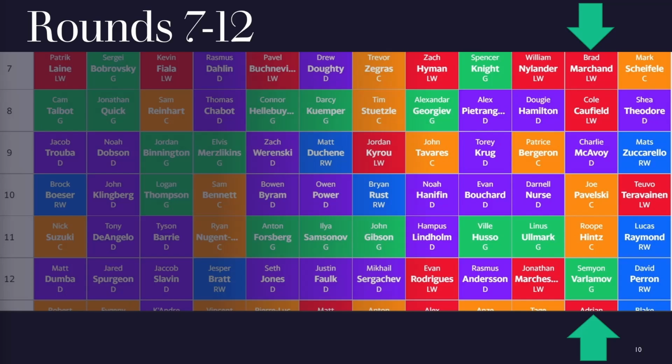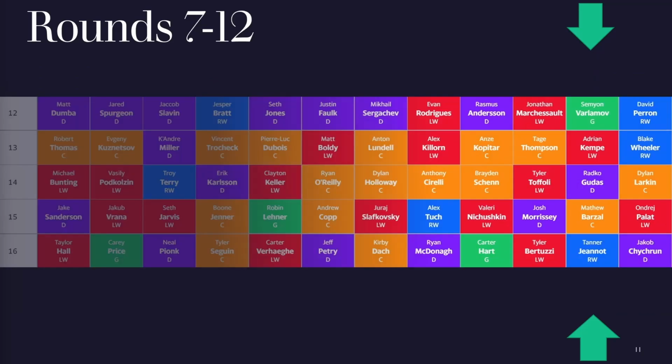So Varlamov in 2021 had a .929 save percentage and 7 shutouts. 5 of those shutouts came against the Rangers. So if you ever see Varlamov on the waiver wire and he's playing the Rangers, try to pick him up ASAP, because for whatever reason, the Rangers cannot score on this guy. I would know. I watched every single one of those games, and it was frustrating, to say the least.